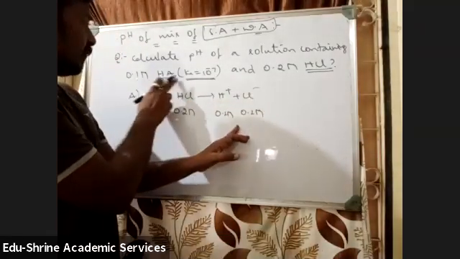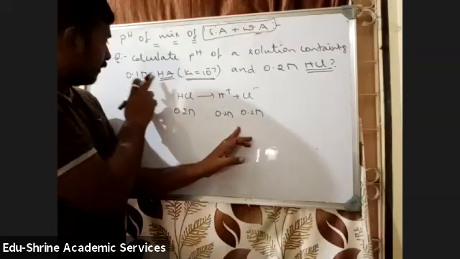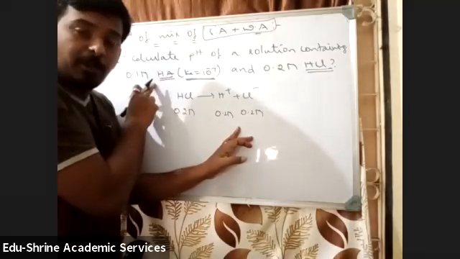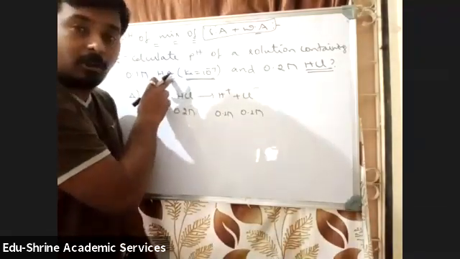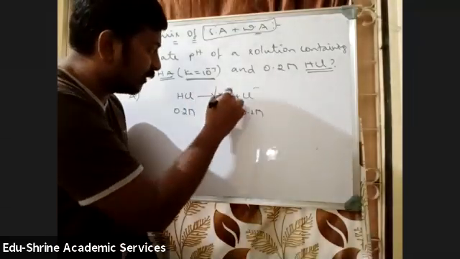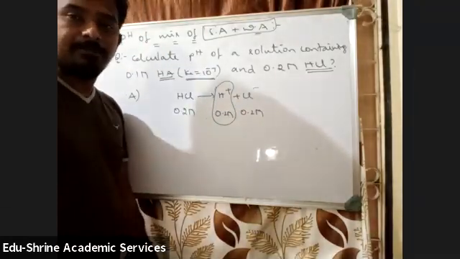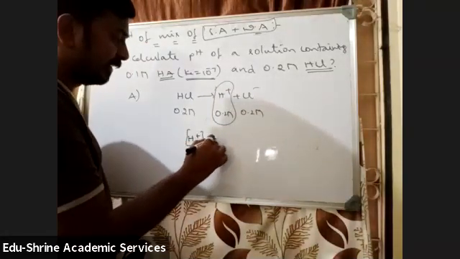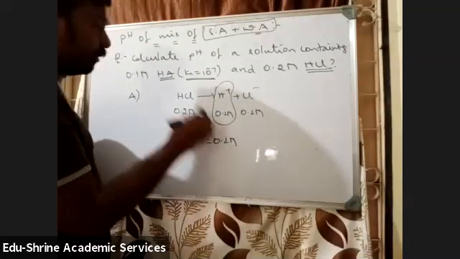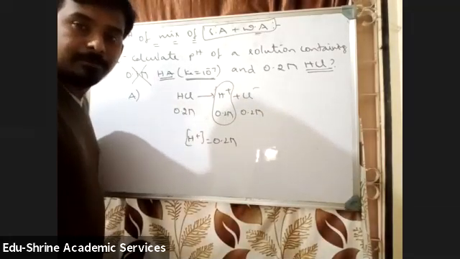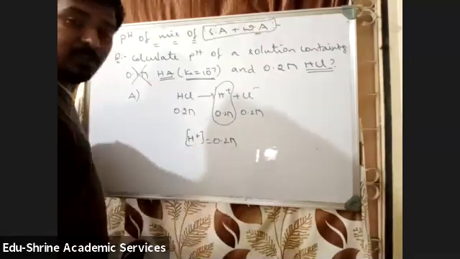From this, you will get H plus ion concentration. You will not get exactly 0.1 because it will be less than 0.1, since this does not undergo 100% dissociation. But anyway, H plus ions always have to be considered only from the strong acid. So what will be the concentration of H plus ion, students, in this case? It is 0.2 molar. No need to consider it from the weak acid. So the concentration of H plus is 0.2 molar.